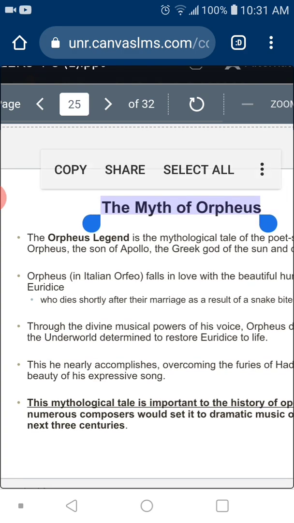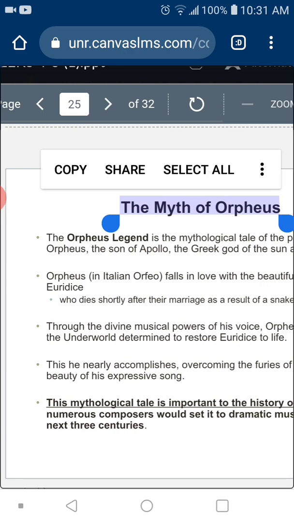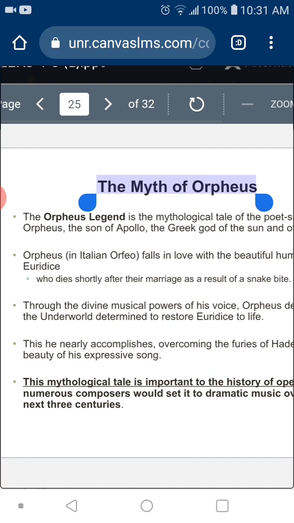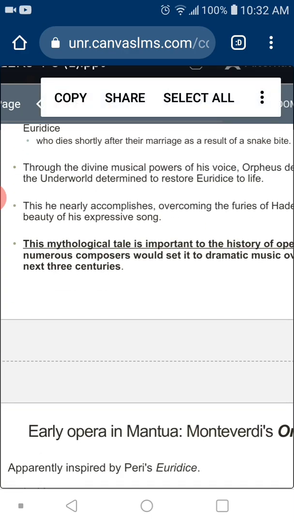You may have heard about Orpheus. It's basically a fairy tale where Orpheus falls in love with a woman named Eurydice. Then she dies, but he wants his Eurydice back, so he decides to take a journey through hell to rescue her. Eventually he has his Eurydice back, but then she dies again. So this was a very, very important story that a lot of composers used to write music at that time, especially operas, not just operas, but especially operas.